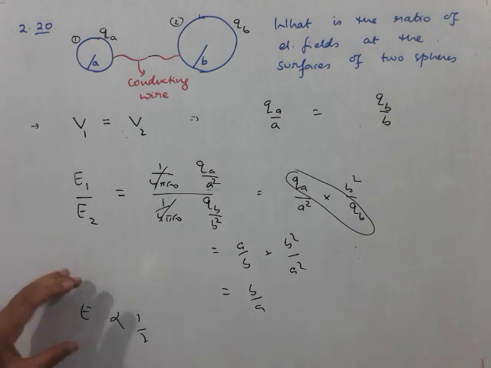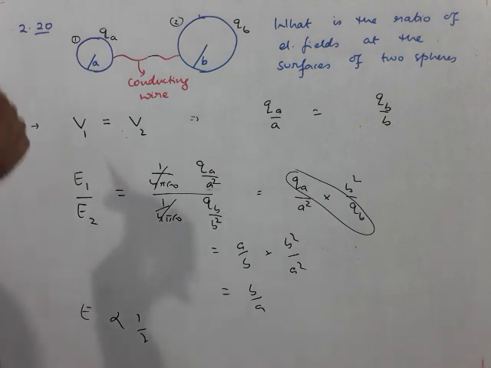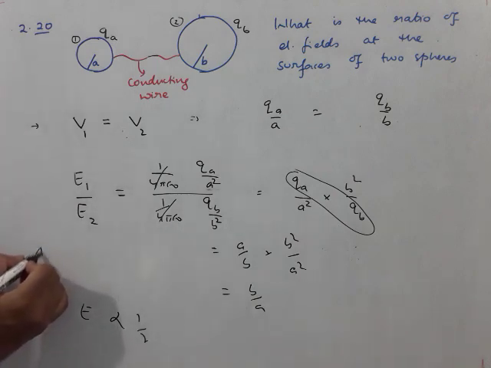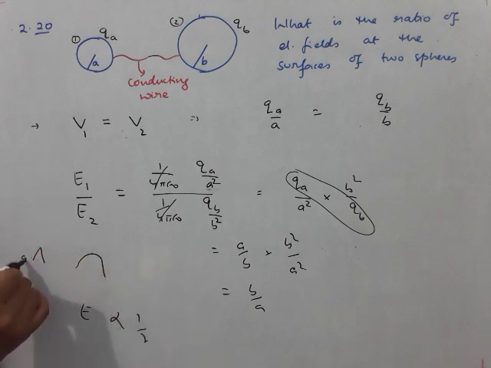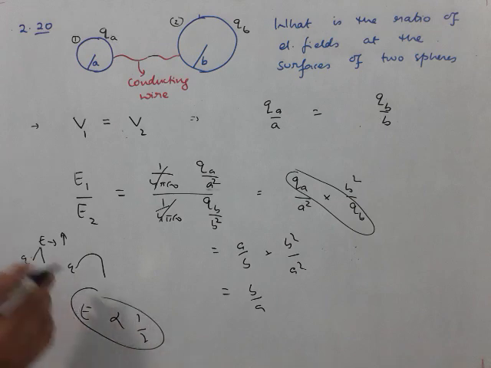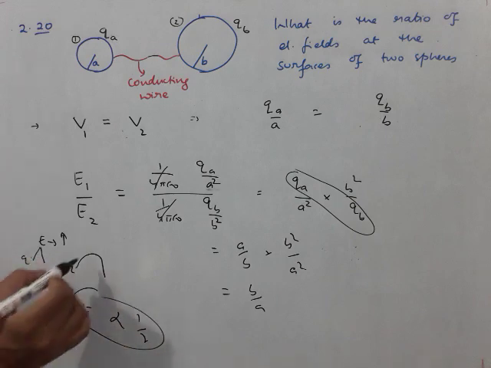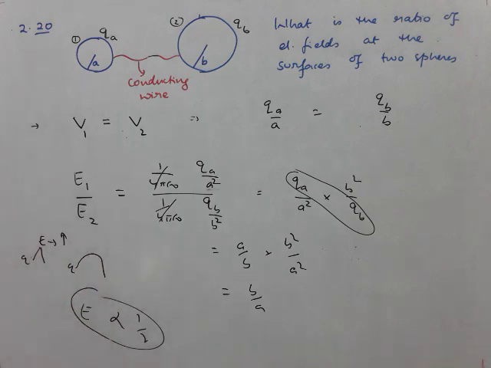Now this you have to explain. There is a second part in this question. I will not discuss that part. Using this idea you have to answer that particular question. Just the result I will point out. If you have a surface like this which is pointed, and a surface like this, both of them having the same charge q, then in the vicinity of this pointed end, the electric field will be more. This is what is asked in this question, and where the surface is not very pointed, the electric field will be less. That has to be answered based on this particular argument. Okay.